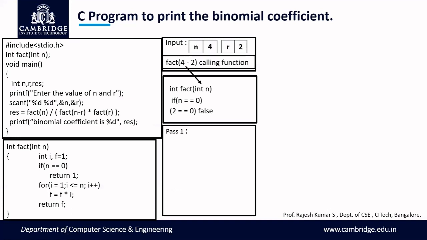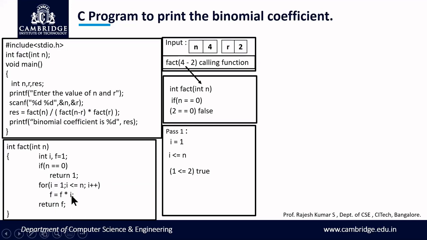Again, what we do is we start with the for loop. This for loop is used to find the factorial of the given number. The given number is 2, so I is equal to 2. Again, checking for the condition i is less than or equal to n. What is the I value? 1. 1 is less than or equal to 2. True. The condition is true.